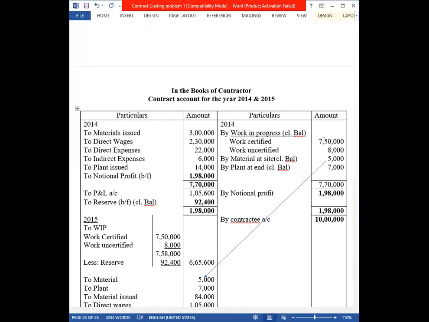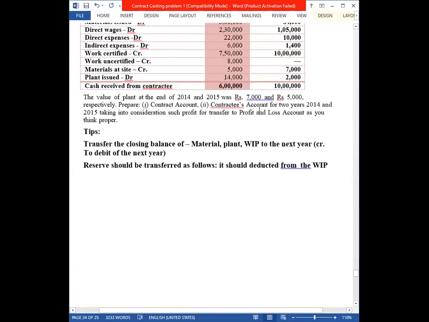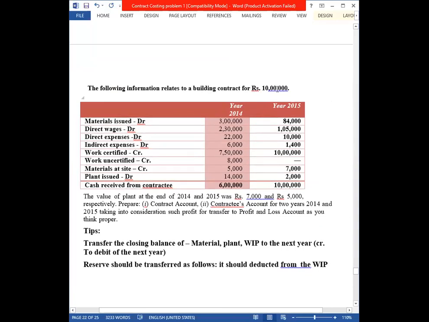So you'll be writing it as contractee account on the credit side, by crediting the entire amount of the contract price. That means you are going to receive the total amount from him. That's why you have received, and this is the income you got. That's why you are going to write it as contractee account 10 lakhs. It's over. Okay.